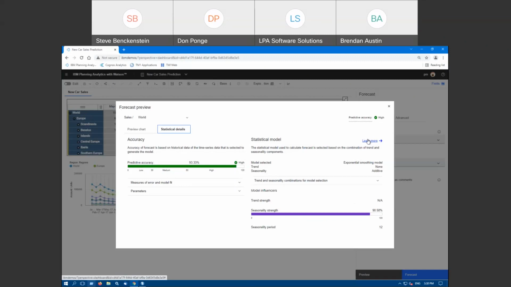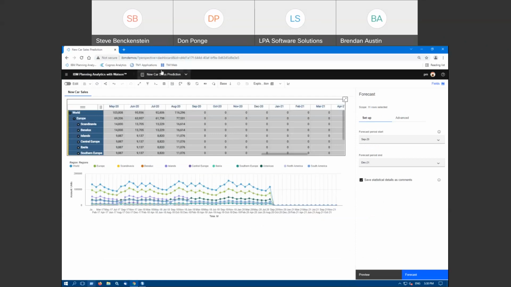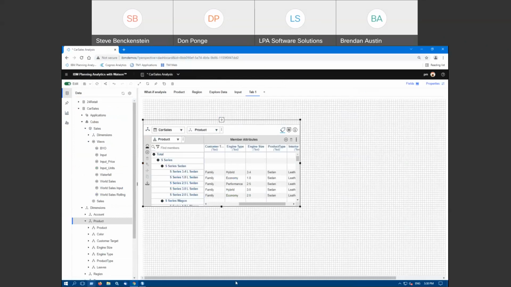So now let's talk about the virtual dimensions. Remember, I'd mentioned those earlier. Just as an example, let's go right here. I have opened up a new workspace page, and what I did is I just took my product dimension right here. We're going to create a new virtual dimension from the attributes of this product